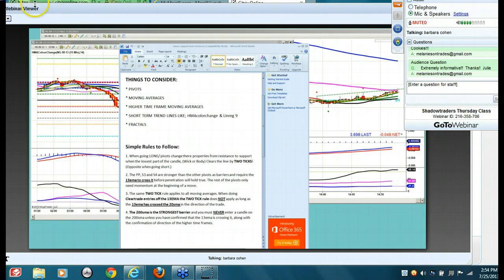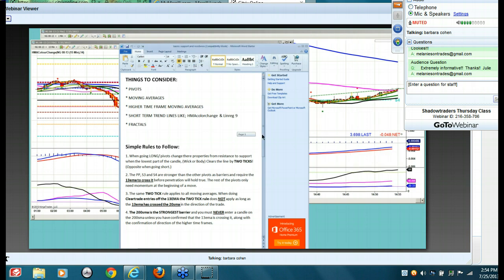Shoot me an email and I'll send you the rules, and practice them on the replay. And remember, focus on a set ingredient and focus on a set strategy, and then move on to the next one until it's